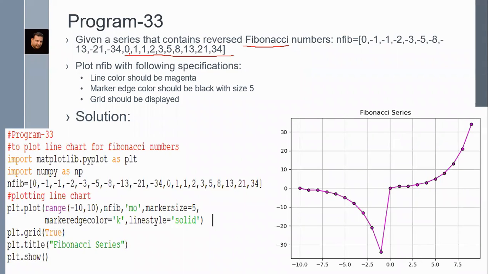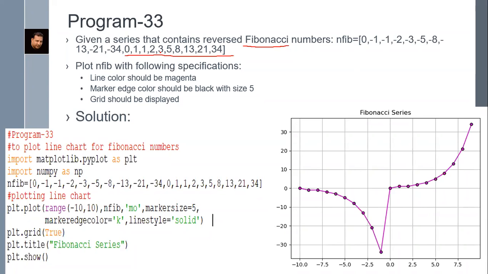As you can see here, it is written 0, then 1. Add these two, 0 plus 1 is 1. Then again 1 plus 1 is 2. 2 plus 1 is 3. So by adding the previous two numbers, we are getting the third number. These types of numbers make a Fibonacci series.